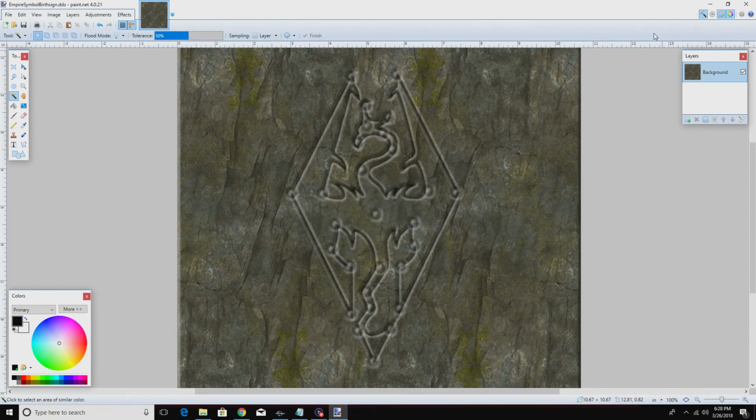Now, what you're going to want to do is go back to this, click on white, and make sure it's circle and that it's filled. And you're going to go over all those little holes. Make sure if they're the same consistency, just go over and,